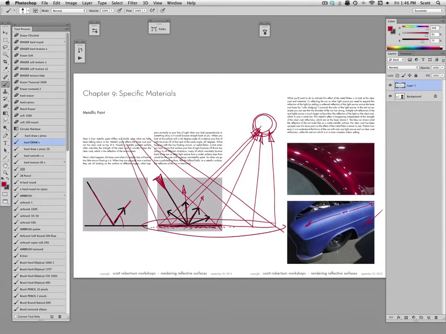So that's why a lot of models, when you evaluate clay cars and they're painted in a color, they paint them a metallic gray, for instance, like silver, as opposed to a glossy black, because it shows the form much more clearly. If we look at this shot of this paint, we can tell it's metallic because if